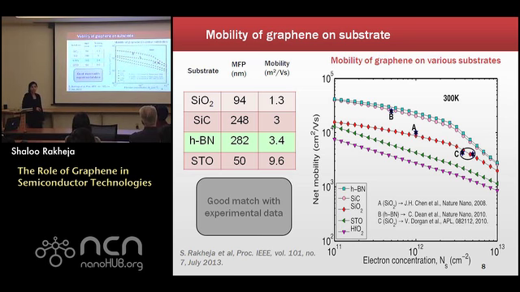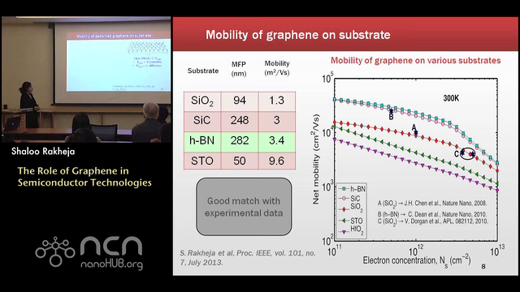But still, 300 nanometers of mean free path is about 1/5 of what you could get if graphene was suspended between contacts. So we see that these are some of the serious limitations of substrate interaction with graphene that need to be included. We have a good match with experimental data as well for our models, as you can see by some of the symbols that I've put on this plot.